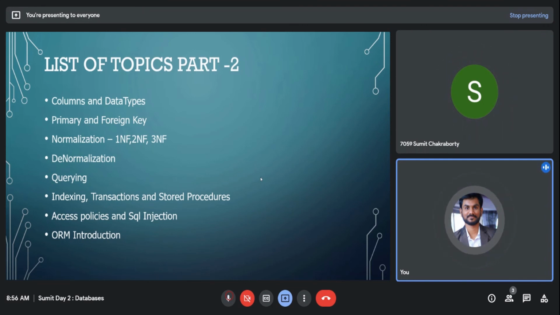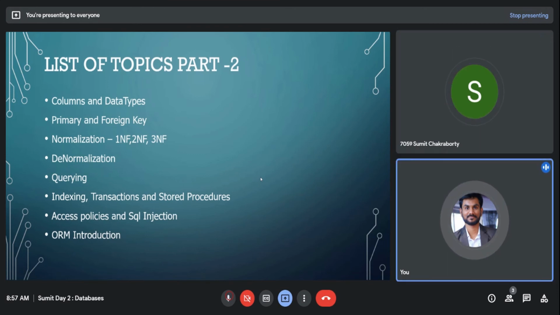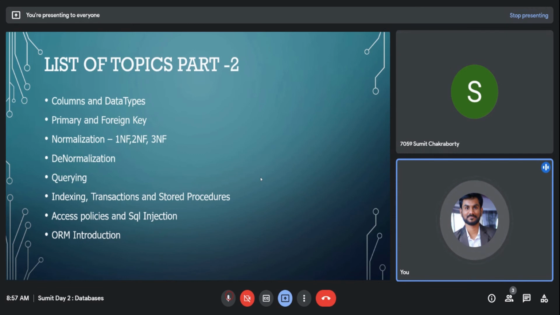Okay. Then indexing is just a concept. All these three things: indexing, transaction, and stored procedure. Transaction we have already talked about. Indexing is a concept for something that is being queried a lot. For example, your favorite dishes, right? A customer has favorite dishes. Now the favorite dishes table is being queried a lot. The dishes table is queried a lot based on your favorite dishes items, right? So in that case, you create an index on favorite dishes id, because it is queried often. If you index it, querying becomes even faster.